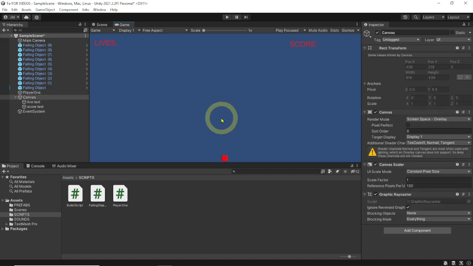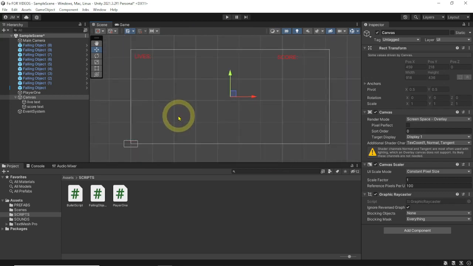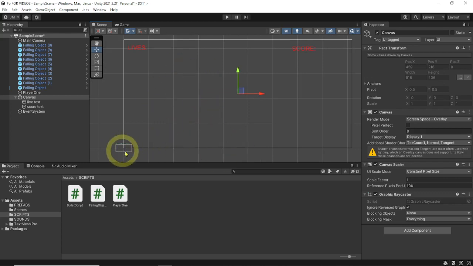Okay, so we're working with the canvas itself. So we're going to be using this canvas right here. Don't forget, this is your scene down here. This is your canvas. This is where we've been putting all the UI stuff in it. So don't get those too confused. Remember, you have to zoom out a little bit so you can see both boxes. But the main box that we're going to be working on today will be this canvas, this big canvas here. Okay. What we're going to need is